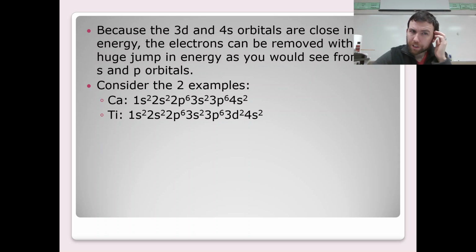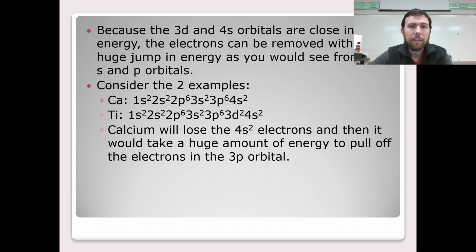So we got two examples here. We got calcium, which is one of our group 2 elements, S block, and you got titanium, right? And so we know calcium's more likely to form a +2 ion, or 2 plus ion, because it removes that 4s electron. Calcium loses those 2 4s electrons, but if we wanted to try to remove another electron from that 3p